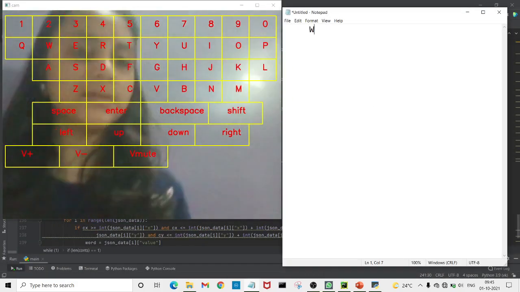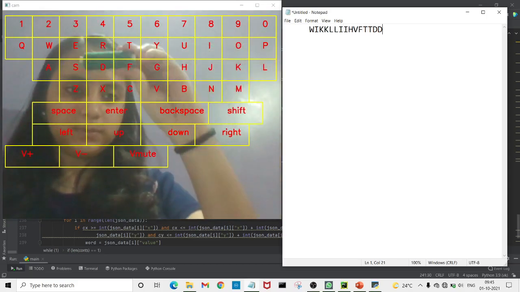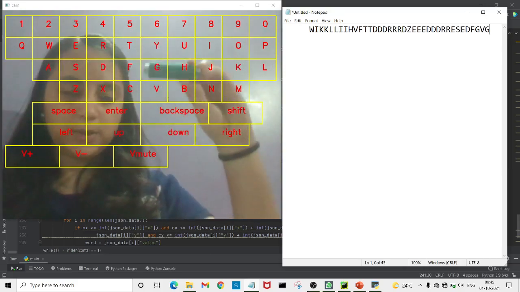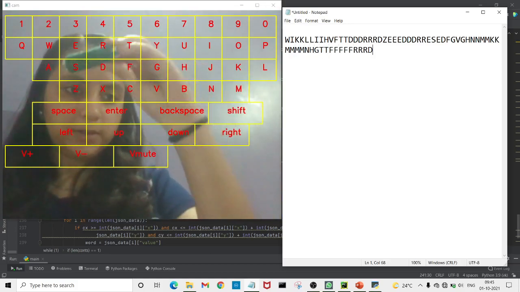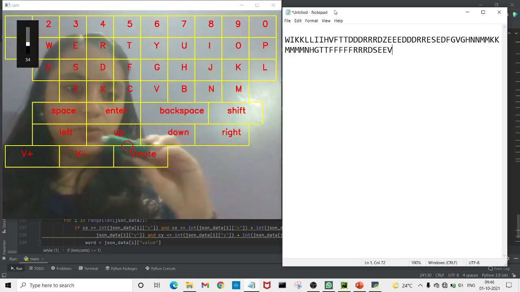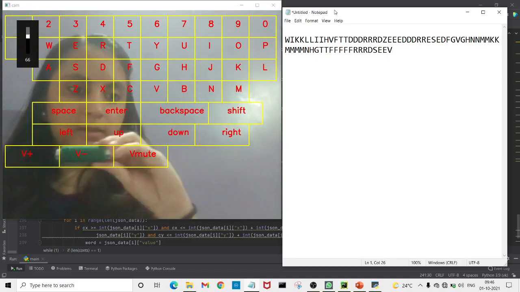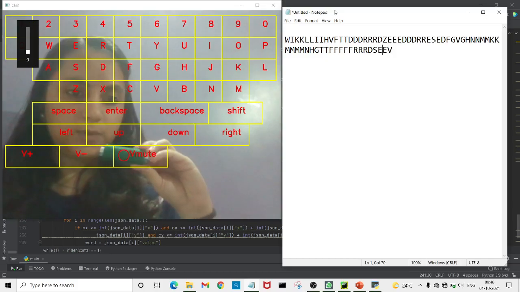As I have used the green color, whenever I take this green thread over a key, it will type the alphabets or any word on the notepad and it will be displayed. I'll move this to V plus, and the volume is increased. Then when I go over the V minus button, the volume will be decreased. And this V mute, you can see the cross, will mute the volume.